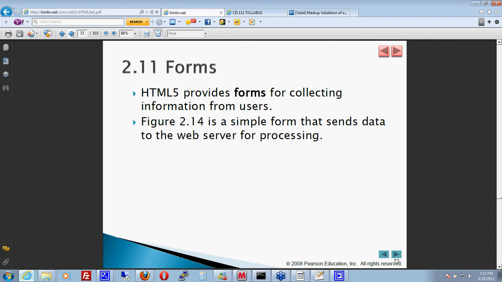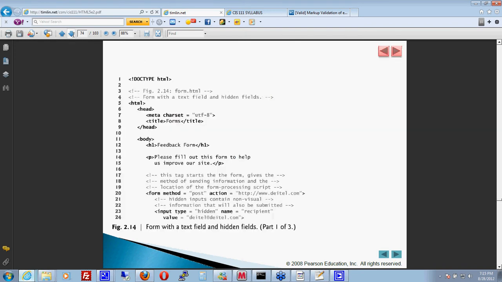Okay, forms, which is what we use a lot of here. We'll look at some very simple forms. This one is going to submit to